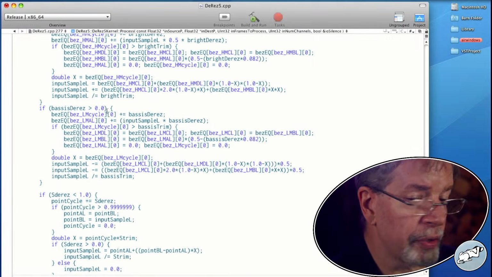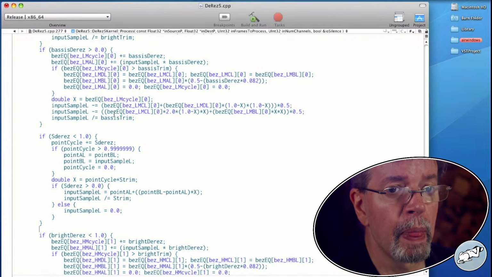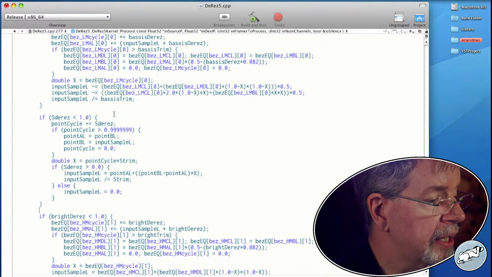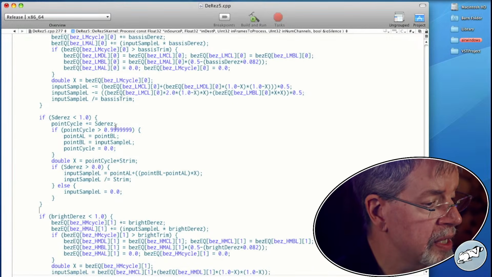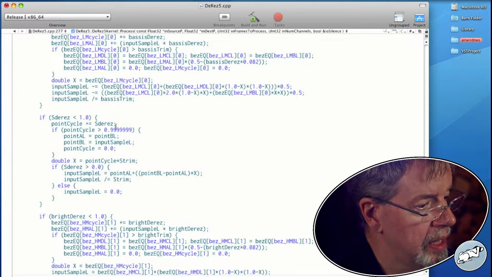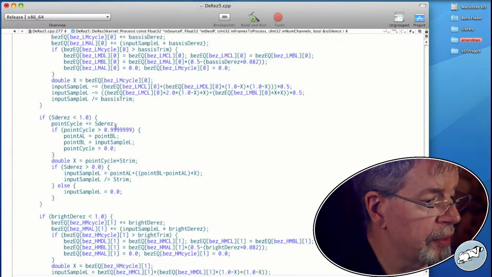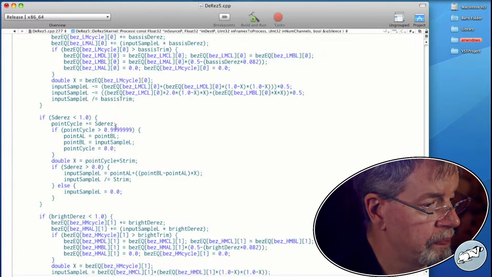After the filtering, there are two different layers of Bezier-based filtering here. And here's the part where this is used. So x equals point cycle times s trim.